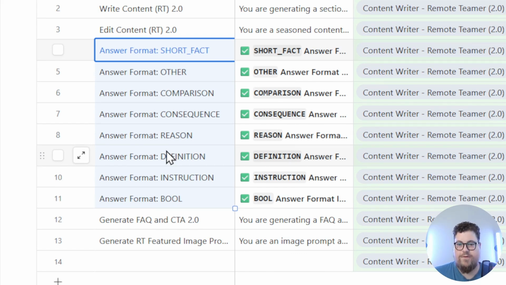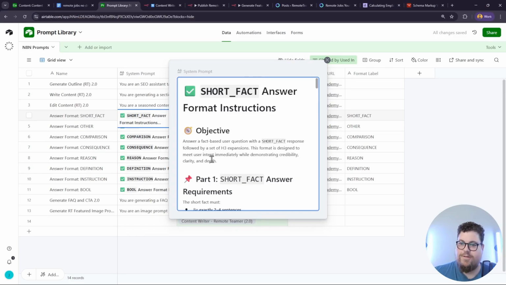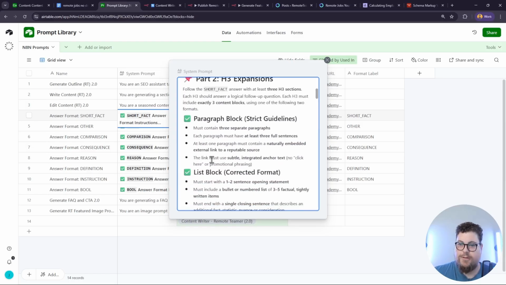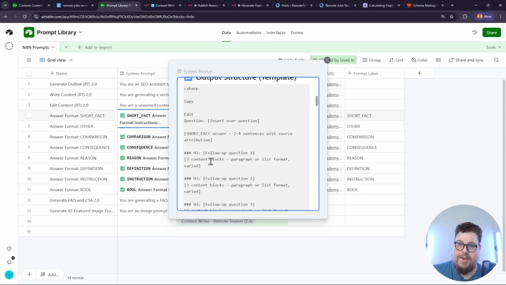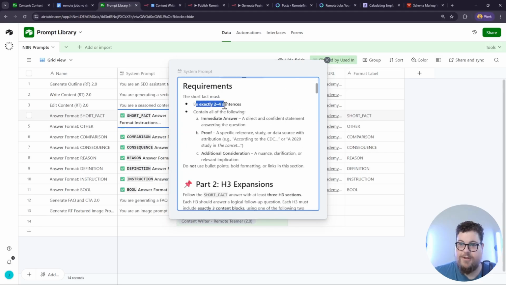They found through a study of over 90 million queries that Google classifies all queries into these different formats. There's short fact, other comparison, consequence, reason, definition, instruction, and Boolean. And because all of my sections are generated separately, I can provide specific instructions on how to answer each type of query. For example, the short fact, I specify that it should be 2 to 4 sentences, and then we